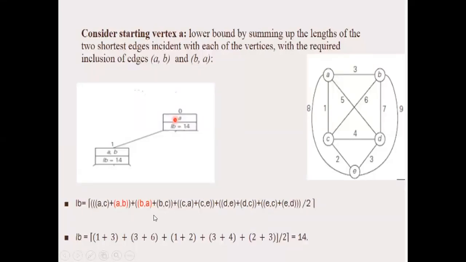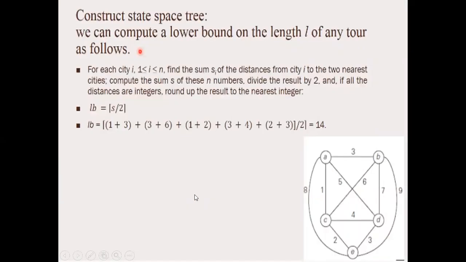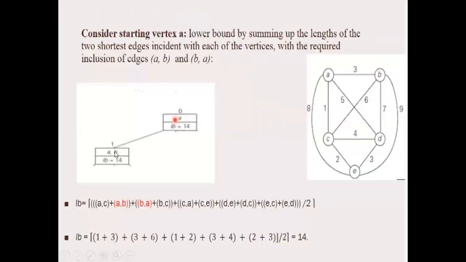So we should do over here in a similar way to what we were doing for the previous one. Similarly, consider the two nearest neighbors. But if you are considering a city A, instead of considering the two nearest neighbors, what we should do is consider the distance between A to B and the next nearest neighbor.